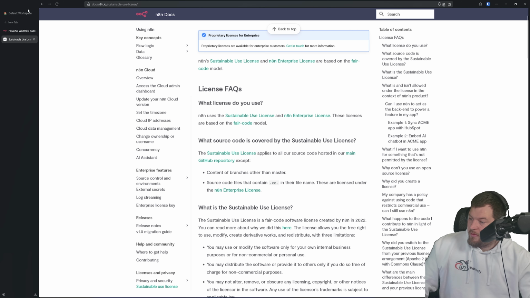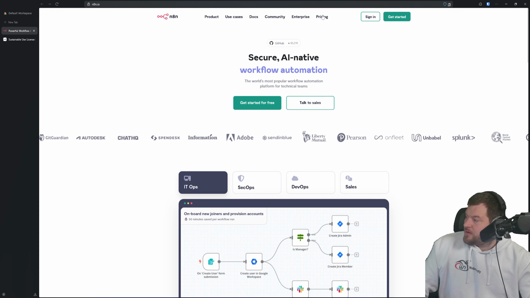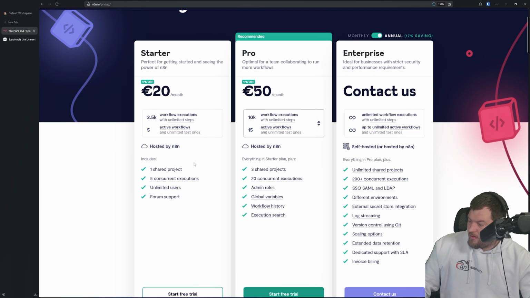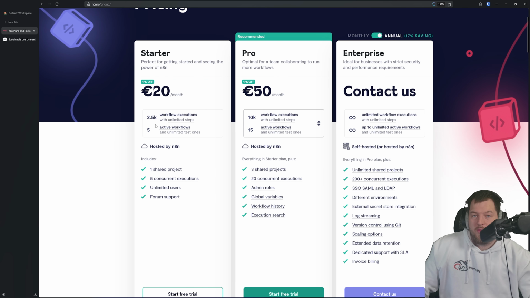And when we have the overview done, let's go and check the pricing. As you can see, it is very, very affordable, and you are charged only for workflow executions, unlike Zapier where you are charged per each task in the execution. So yeah, there go the differences, and what I really love is that it is open source, and yeah, you can use it